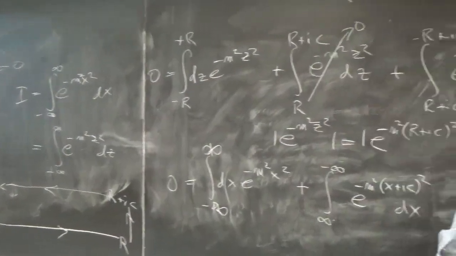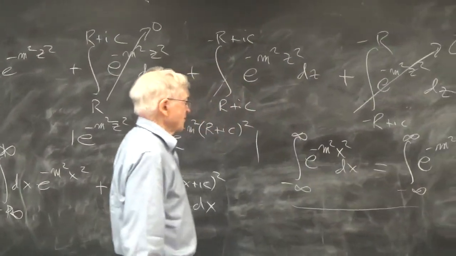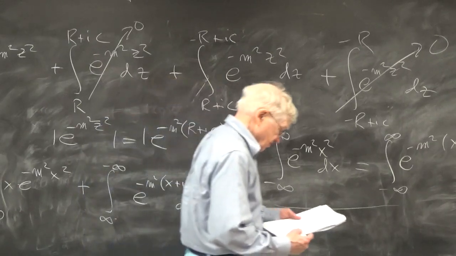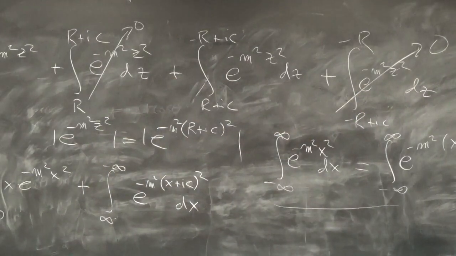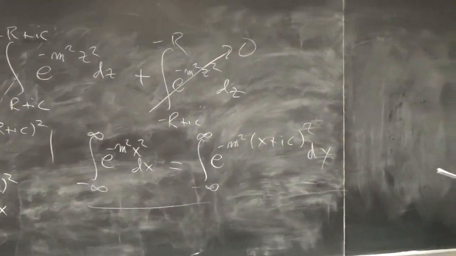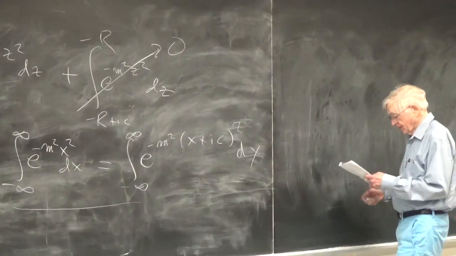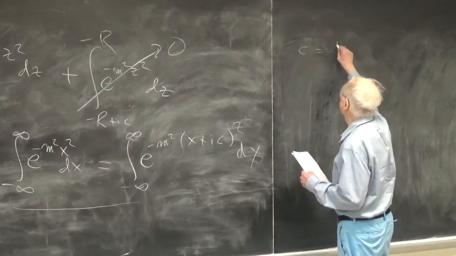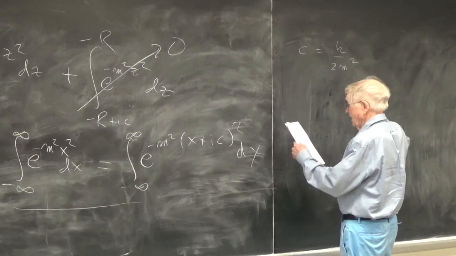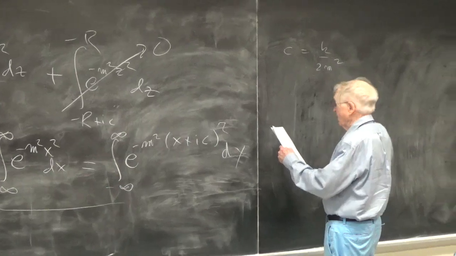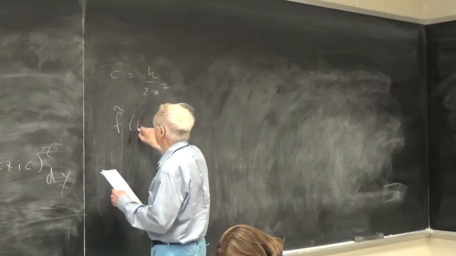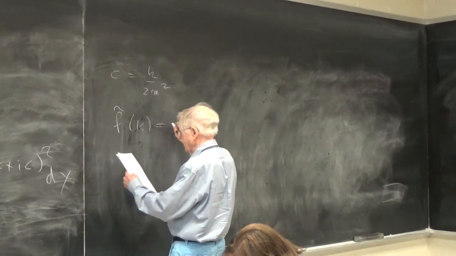This is the formula, though, that we need to show that the Fourier transform of a Gaussian is a Gaussian. Because what we do is, I thought there was a question. Okay. What we do is let c equal k over 2m squared and divide both sides by pi, and then what we've got is a formula for f tilde of k, namely,